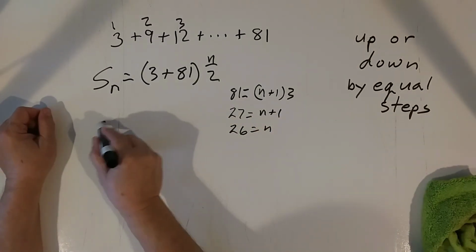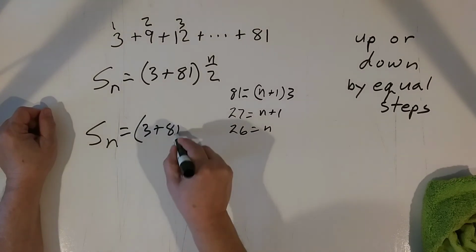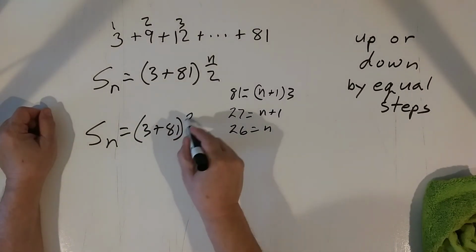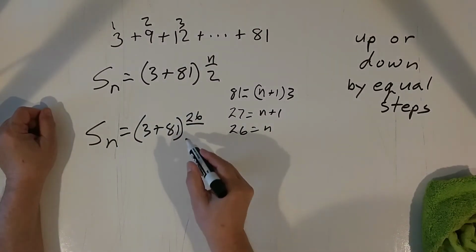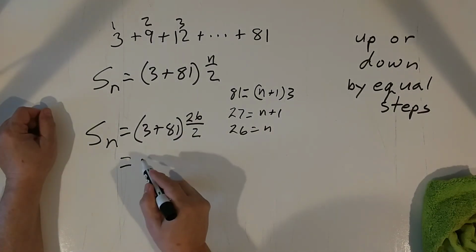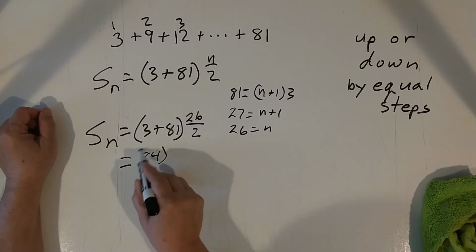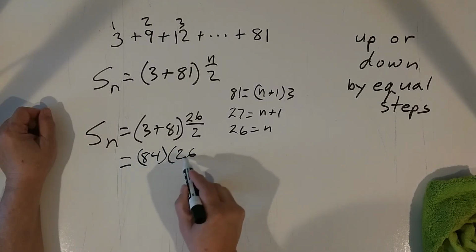So the sum would be 3 plus 81 times 26 over 2, or 84 times 26 over 2,